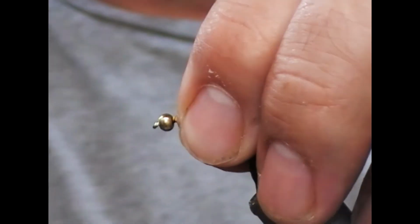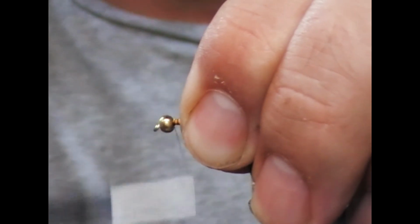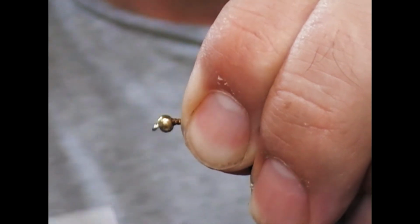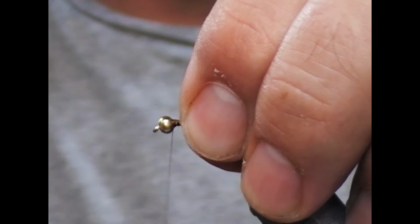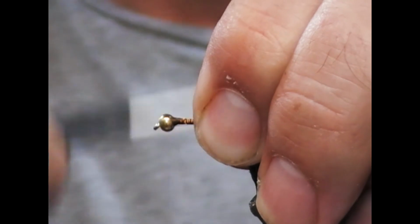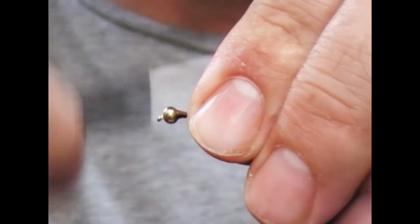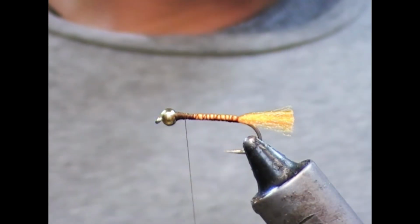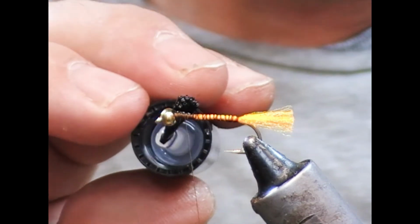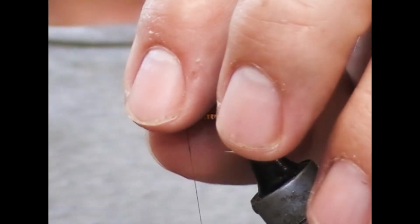Then I head back up towards the front here, and I'm going to make a dam of tying thread. What I'm doing is travelling down the shank a little bit, and that'll create a little bit of a taper rather than a step. And when you're happy with it, you can take a little bit of clear varnish or glue, whatever you want, and just set that in there, and that should hopefully make this